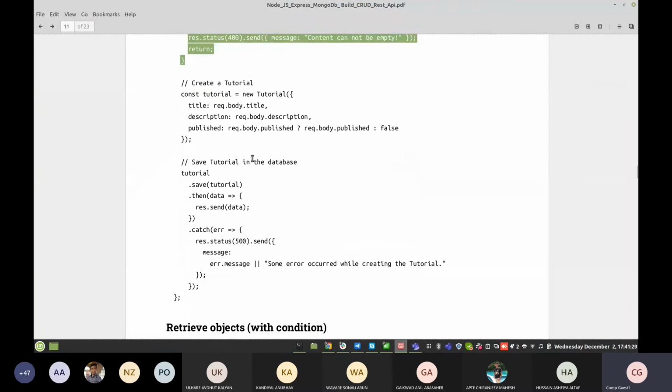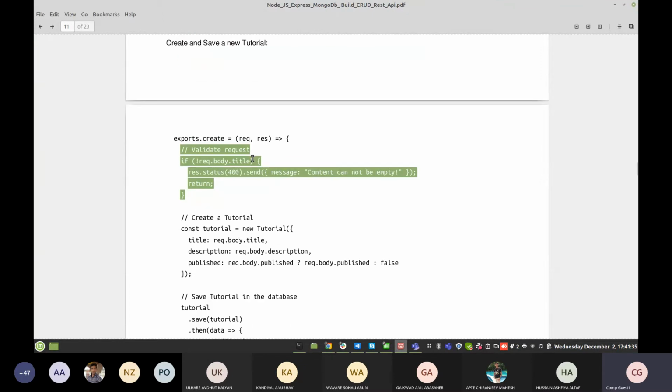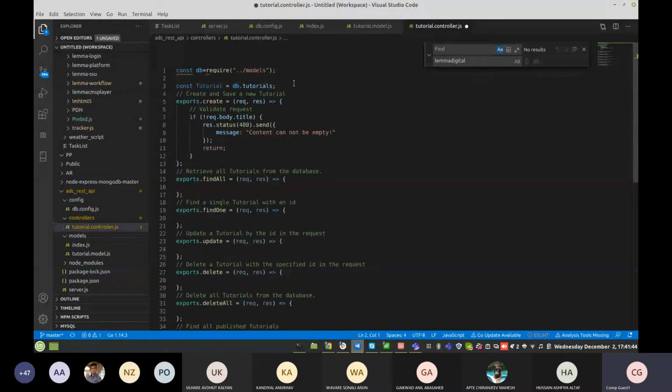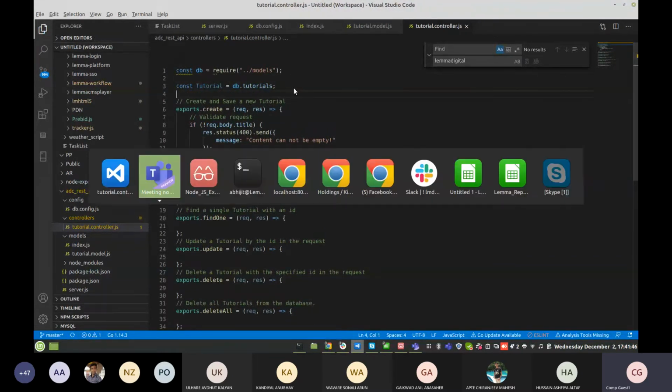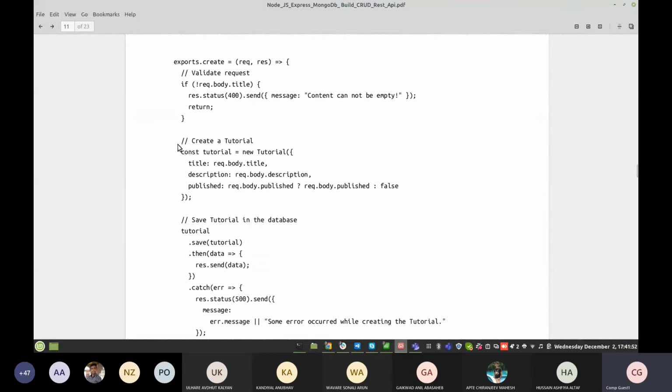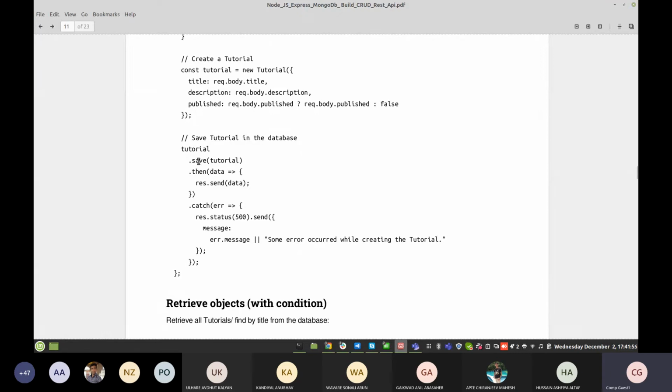So we create tutorials; we have created the object, because we already exported that modules part, the DB models, and that tutorial is our object module. Now we need to assign that object to that tutorial model. So now create that tutorial model, and after that we can call the save method and pass that tutorial to the save method, and whatever the results come, it is sent back to your application. If an error comes, then we can set the appropriate message for that.